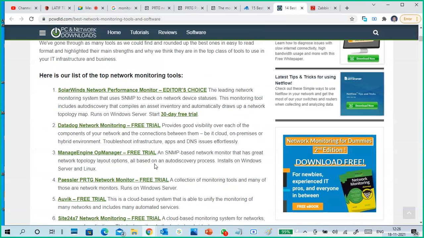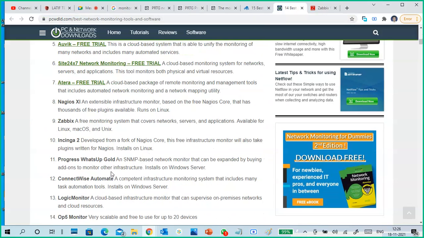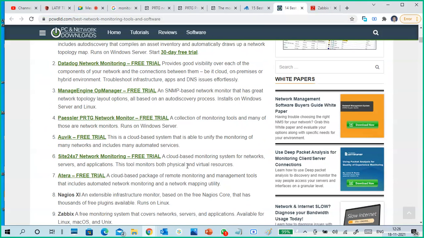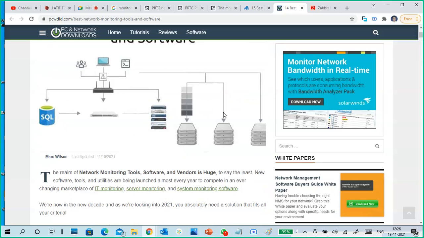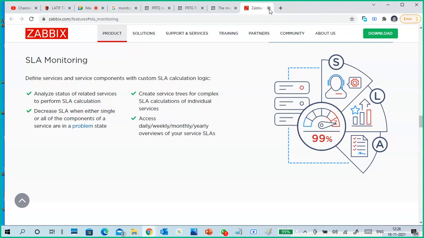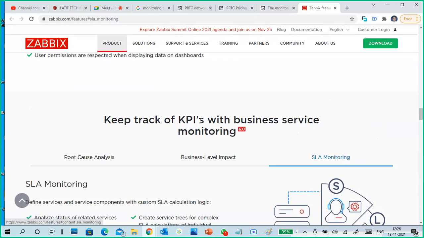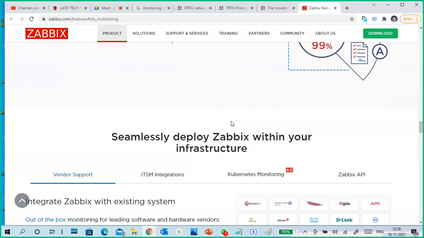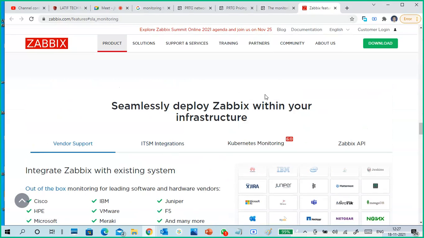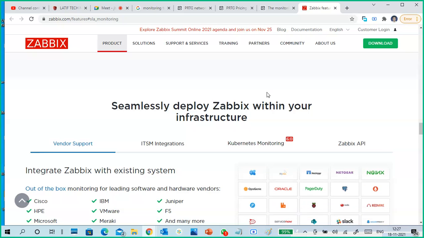So these are another 14 tools given here. If you check any website, almost always they give at least 10 to 15, more than 10 similar monitoring tools. This is SLA monitoring. I will tell what SLA is. So this is about monitoring infrastructure, which is important. Not only a system or a server or a router, also application monitoring. Yeah, that is one more.